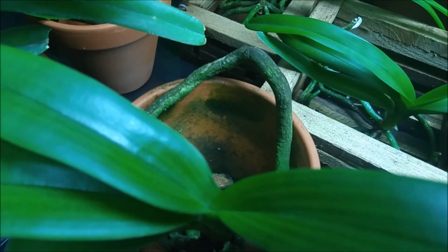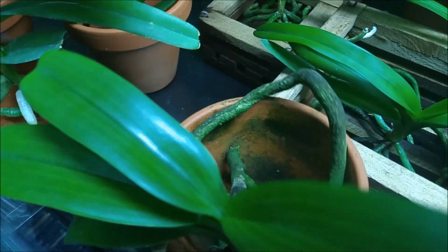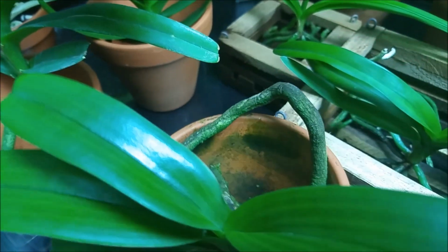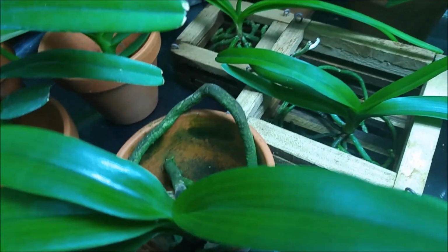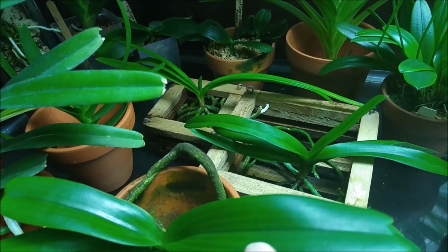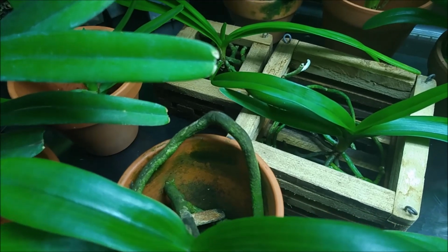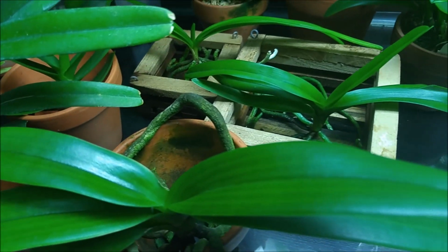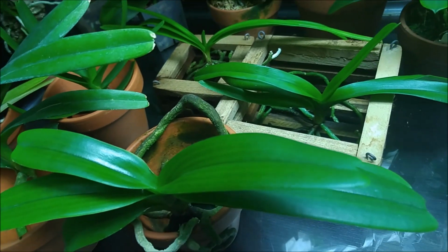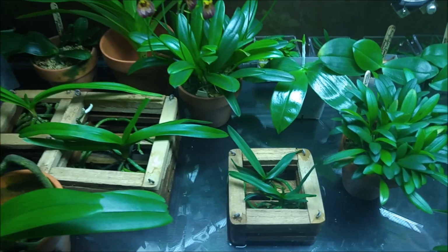It has very fat roots, very fat, and they come out and go everywhere. I like the leaves. The leaves are very waxy and hard and have stripes. That's probably the best Vanda leaves. Well, Rhynchostylis, but still like Vanda. Yeah, so those are all my Vandas